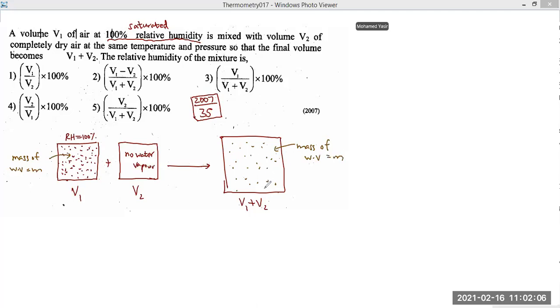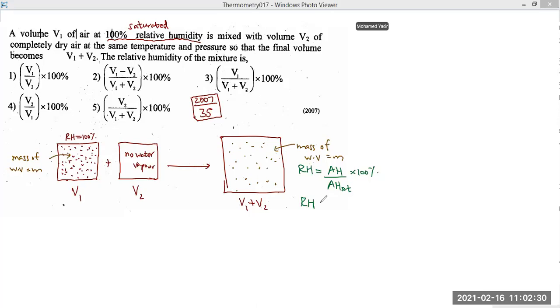Right. So what's the plan? How do you do the question? The relative humidity of the mixture. We are supposed to find the relative humidity of the mixture. Now, if you want to find the relative humidity, you can't go with pressure, right? And you can't go with dew point equation. You definitely have to go with absolute humidity divided by absolute humidity of saturated vapor into 100. That is the only way you can approach this question.